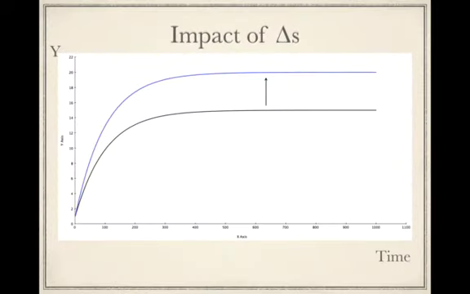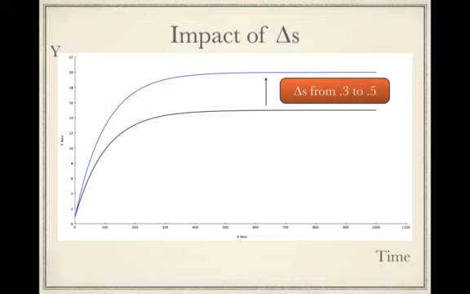So we can also then look at this as to what happens if we take two countries, one with a low level of savings and another with a high level of savings, and we start them off at a very low level of capital. Going from a low level of savings and thus a low level of investment will cause an increase in our time output relationship. But let me go ahead and put that in terms of growth rates, right? Now here in this case, I've increased the savings rate from 30% to 50%.